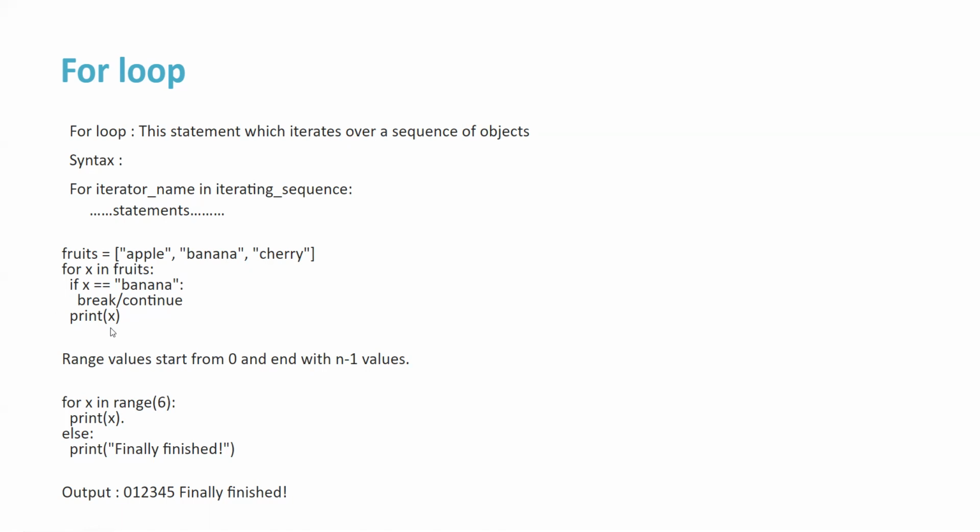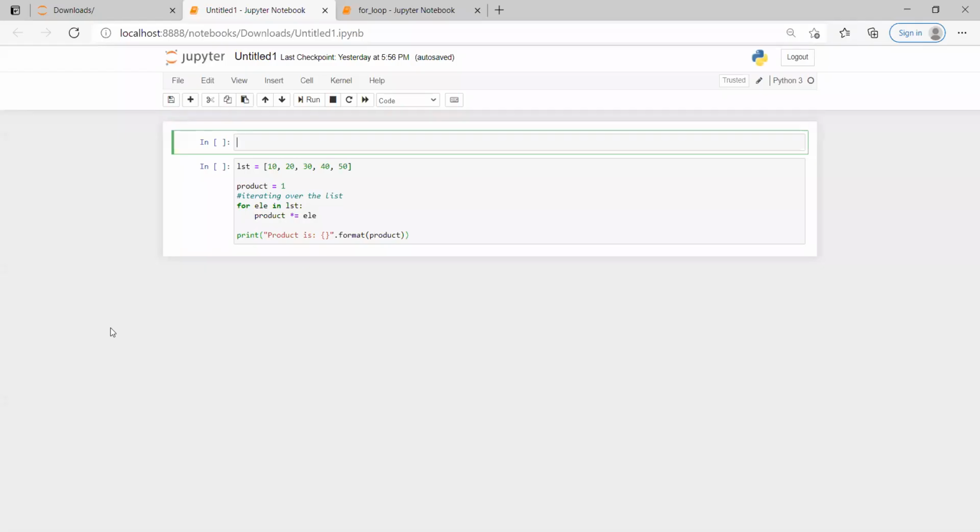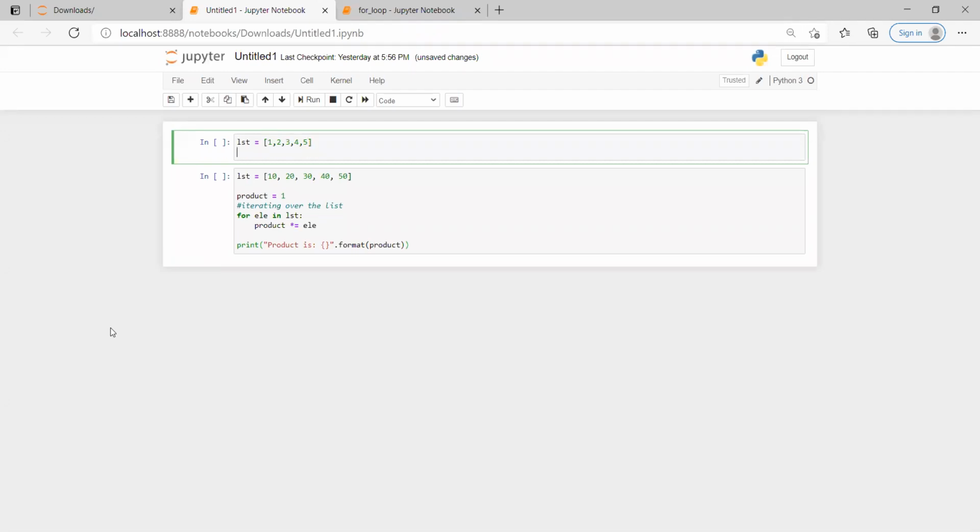So I'll just show you how the iterations of a for loop normally work. Let's say I have a list equal to 1, 2, 3, 4, and 5. I have to take each value, right?